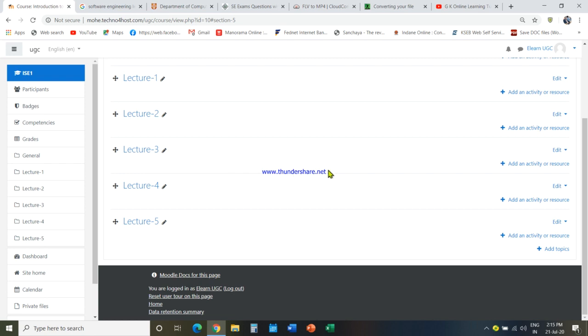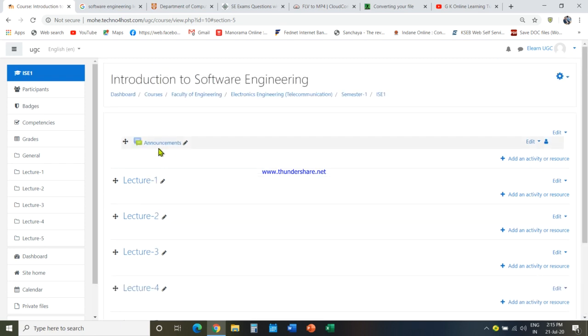So in order to enter the course material, it may be announcements, it may be lecture materials, what we need is, we need to click on the add an activity or resource button. Okay, before going to this, let me tell you, if you are going to add the lecture materials and other related documents, for example, just create a folder and copy all the information in one place, so that it will be easy for you instead of searching everywhere.